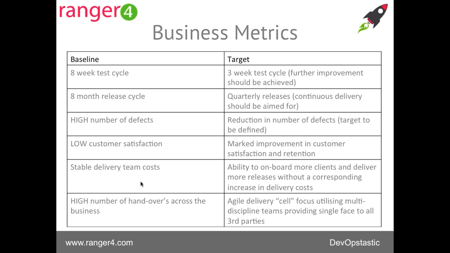They've got a very high number of defects, and at this point we hadn't really managed to identify exactly how many. It's quite a hard thing to do in some respects, particularly when you've got multiple applications and you're going through different release and testing cycles. So you might have 5 defects one day and 35 the next, and it's quite variable, but it's important to get these metrics and pin them down as much as we can. They're also having some problems with customer satisfaction, and some issues around the costs and the handovers.